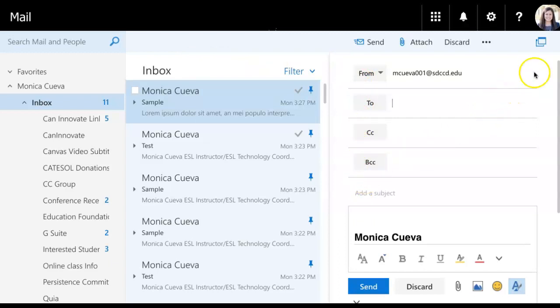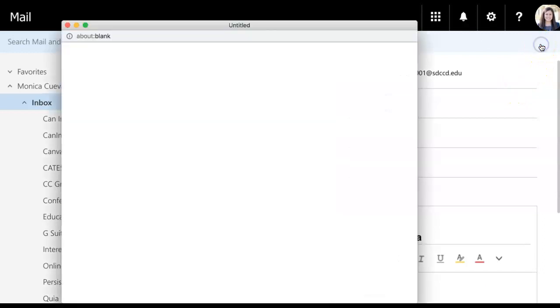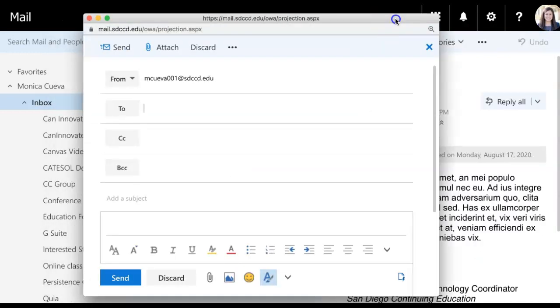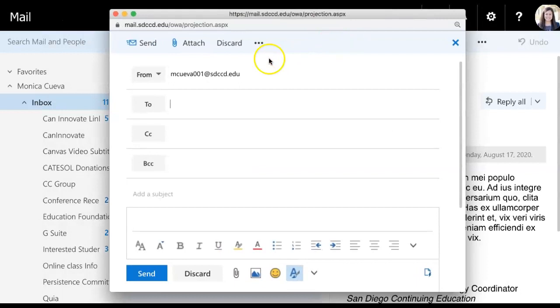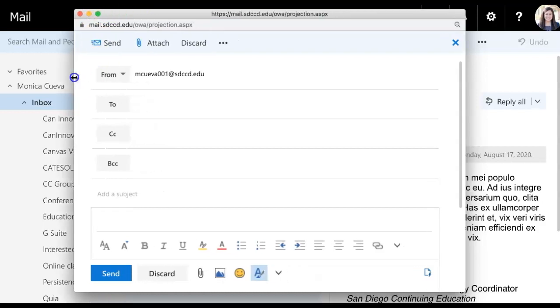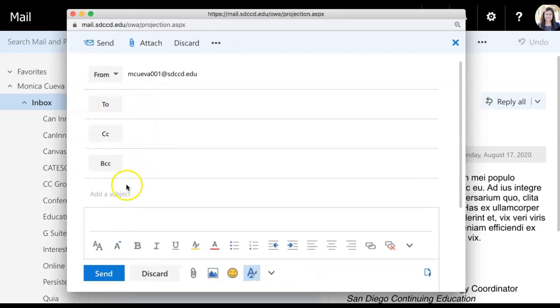So we can expand this by clicking the Windows icon up in the top right, and it opens it in a separate window, making it easier to view. We can maximize this by clicking the green button up at the top, or we can just simply drag the sides of this window. Let's type in our subject,